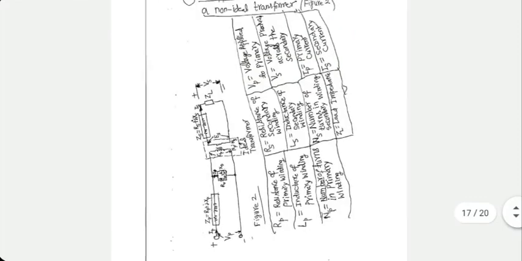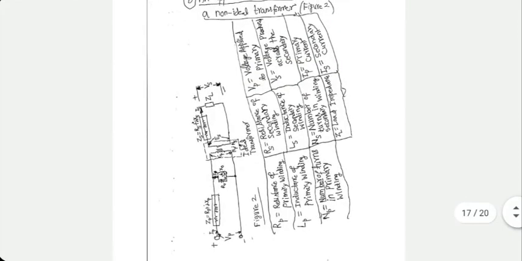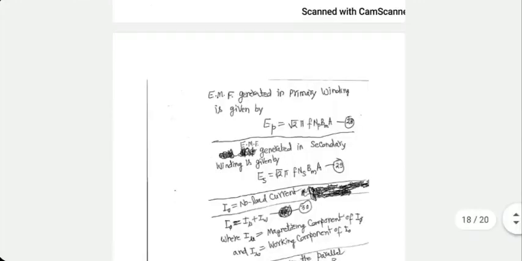In the primary, I have got a series combination of R and L. In the secondary also, I have got the same thing. And on top of it, I have got a parallel circuit in the primary to capture the losses in the core. That is the whole purpose. After these, I put the ideal transformer to capture the electromagnetic part of it. That's how this equivalent circuit works. Next time I'm going to show it to you in the correct orientation, and then we will move forward for solving other problems.